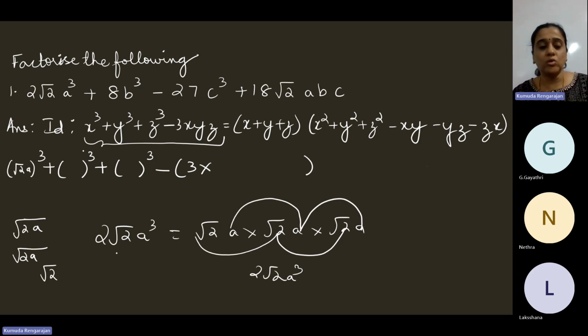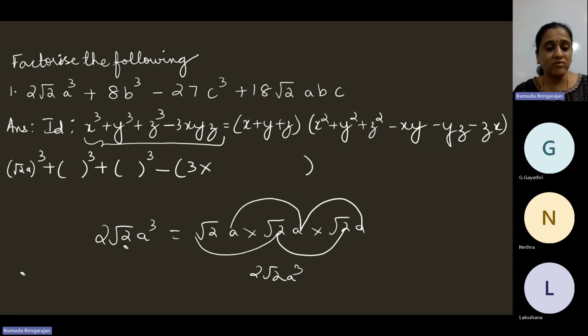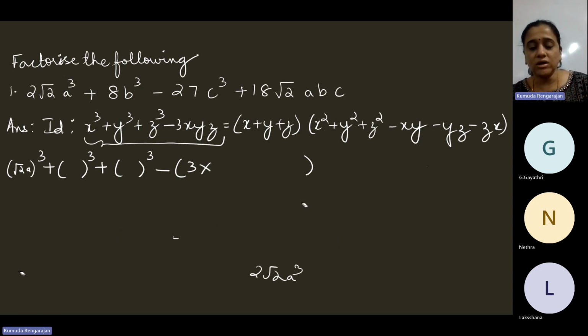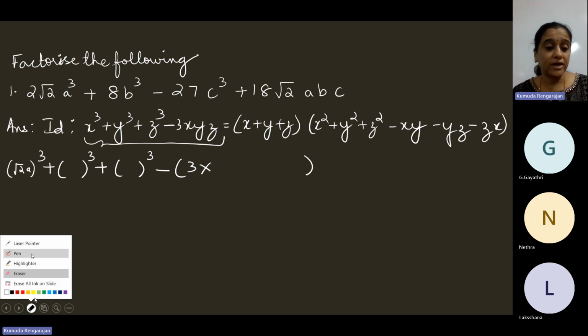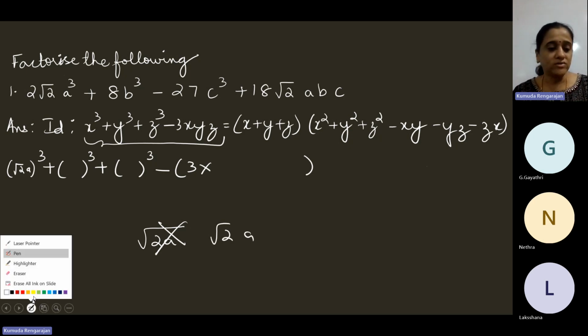Root 2 into root 2 cubed. Okay, one minute. Nobody has a doubt there, but I have to clarify that because it's root 2 times a, not root of 2a. It's not root of 2a. No, it's root 2 a. Why? Because